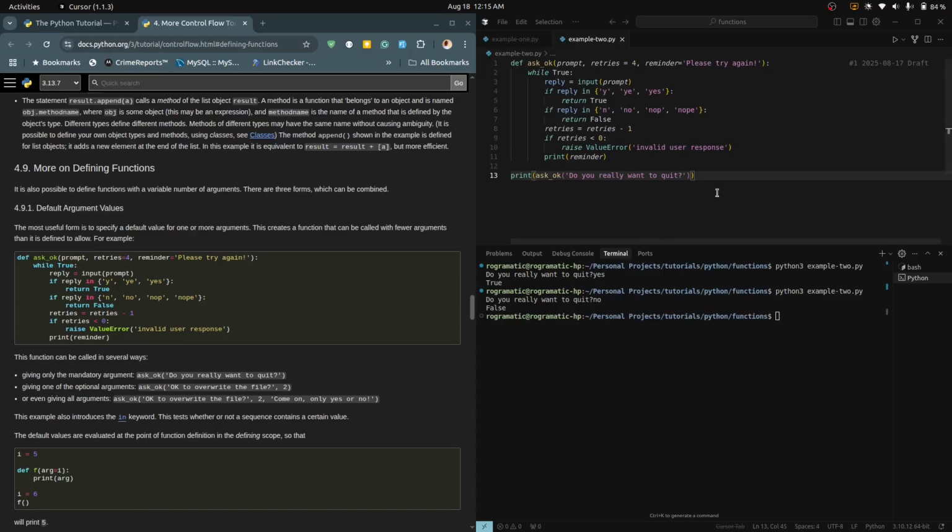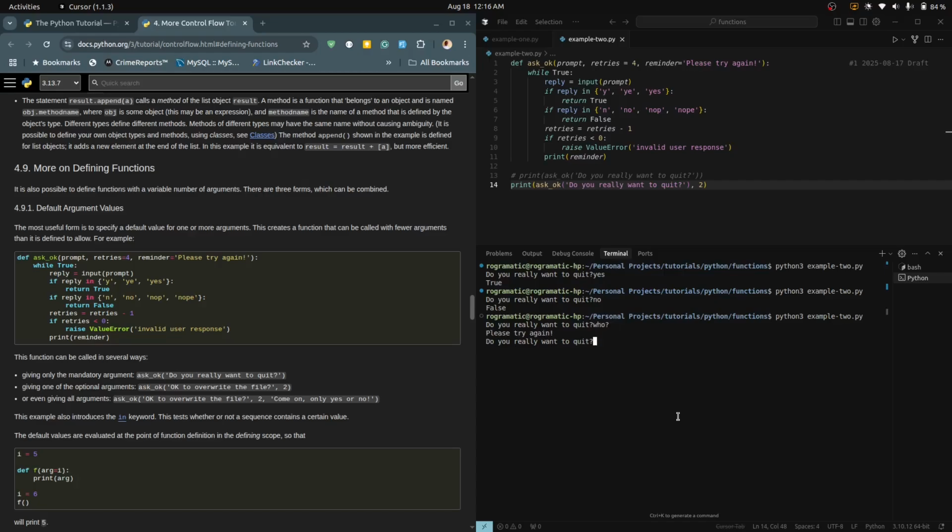This is good. Now we could also decide to use, instead of 4 retries, 2 retries. So let's duplicate this, comment this one out, and change 4 to 2. Now if I try this again, if I put in something that does not exist, I say who, it says please try again. And if I say what, please try again for the second time, and if I still give it a value that is not existent,